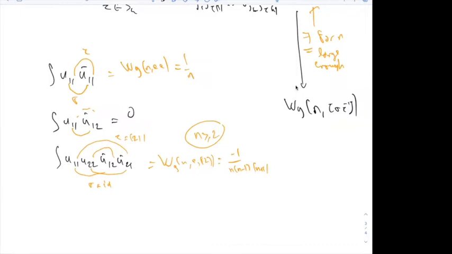Then Collins in 2003, followed by Collins and Śniady in 2006, we got some formulas. I would say that I got a formula